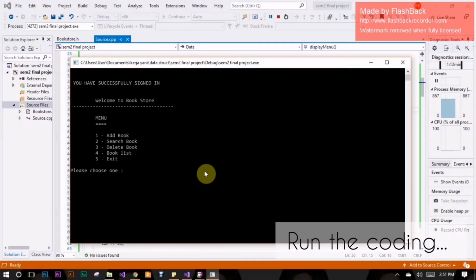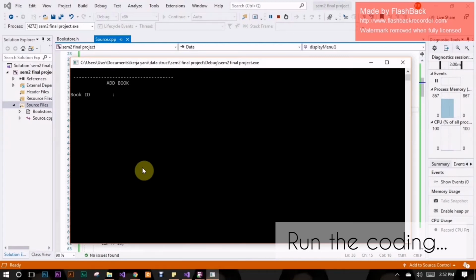After we successfully sign in, this program will show the menu part. The menu part shows a few options for us to choose what to do next. For this program, there is no data yet, so we will add the data first. For adding data, we have to put number 1. We'll put book ID, book title,